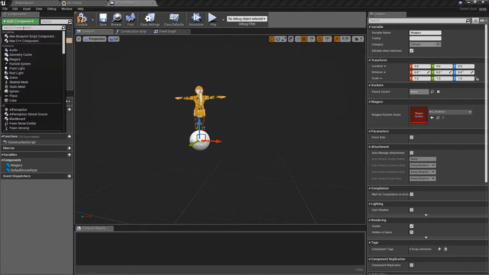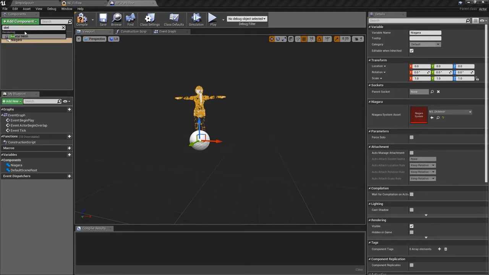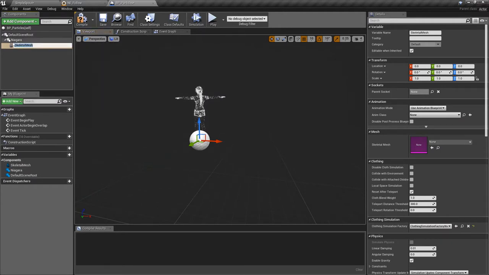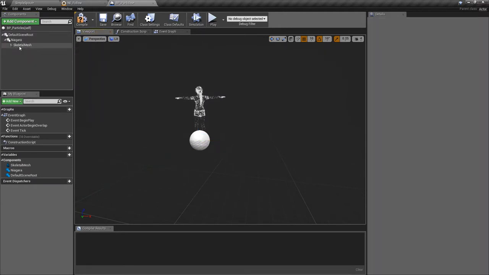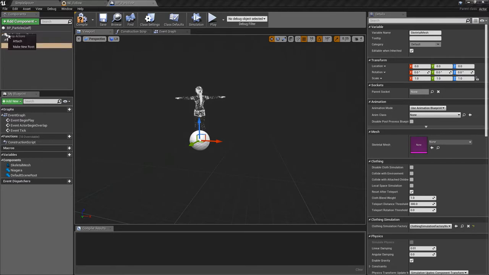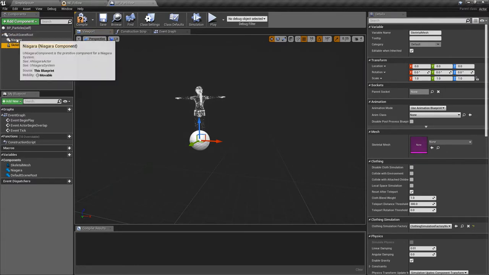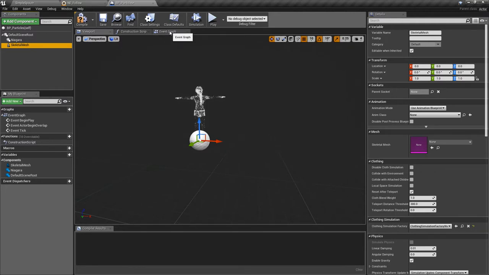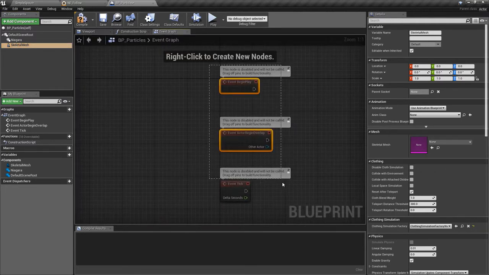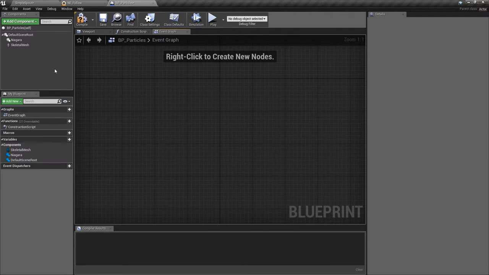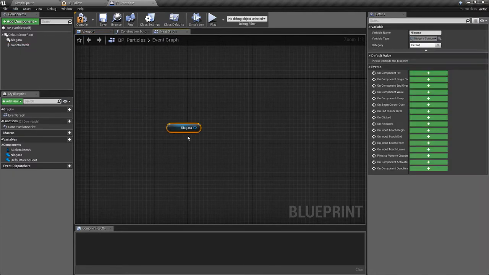I also want to add a skeletal mesh. And I don't want this, see how this is a child of this one? I don't want this. I want them to be independent, so I'm just going to attach this rather than have this one a child of the other. Okay, great. I don't want any of this. What I do want is I want to bring this in,